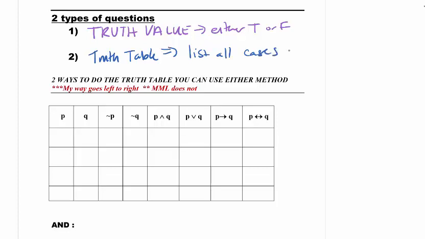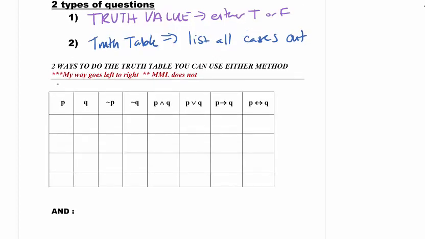So we will either be listing out 4 cases or 8 cases, depending on what we have. I mentioned this as well. There are 2 ways to do a truth table. You can do it the way that they do it in my math lab, or you can do it the way I do it from left to right. It's whatever makes more sense for you. I generally do truth tables from left to right because I think it's easier for people to follow all the time. So I'm going to do a chart here,